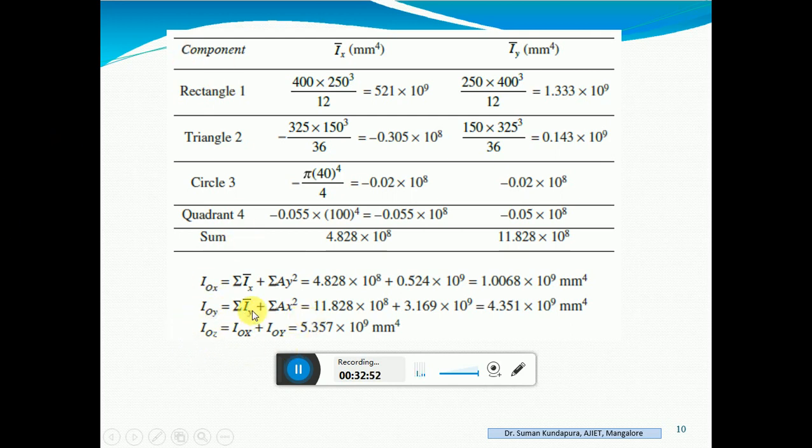About O means, you know what is polar moment of inertia. It is Iz bar is equal to Ix bar plus Iy bar. From the perpendicular axis theorem, you know that. So we have to arrive at this Ix bar, Iy bar, written with respect to point O, Ioz is equal to Iox plus Ioy. So individually, from parallel axis theorem, each of these can be written in terms of the parallel axis theorem, that is summation Ix bar plus summation Ay square.